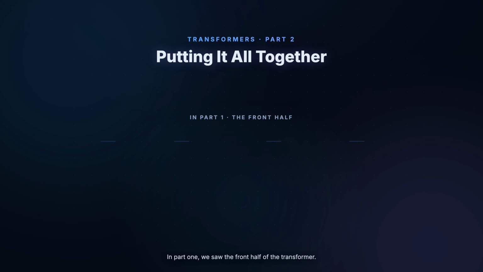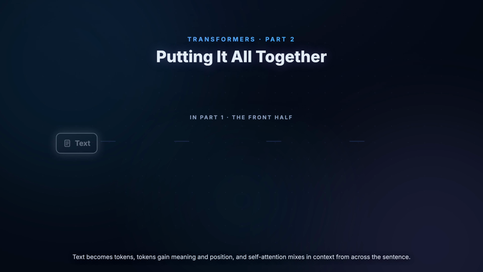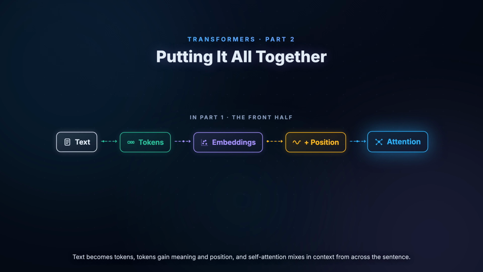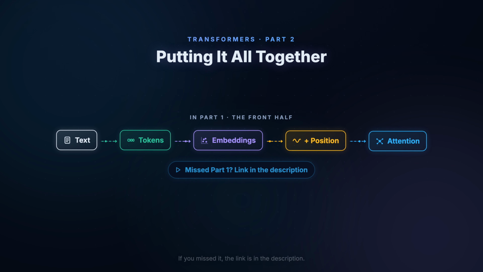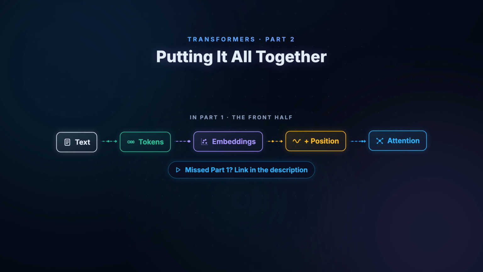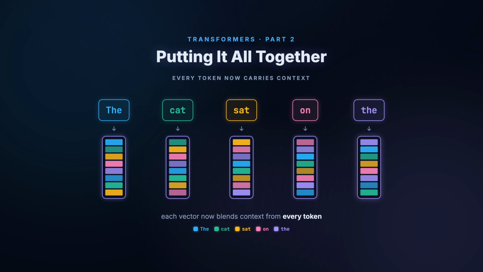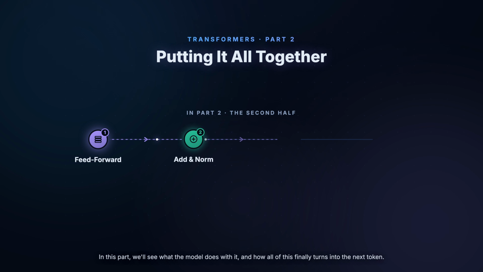In part 1, we saw the front half of the transformer. Text becomes tokens, tokens gain meaning and position, and self-attention mixes in context from across the sentence. If you missed it, the link is in the description. Each token now carries a context-rich representation. In this part, we'll see what the model does with it, and how all of this finally turns into the